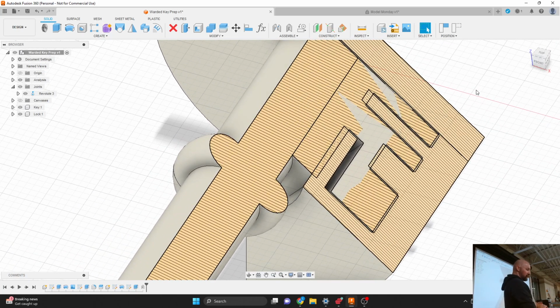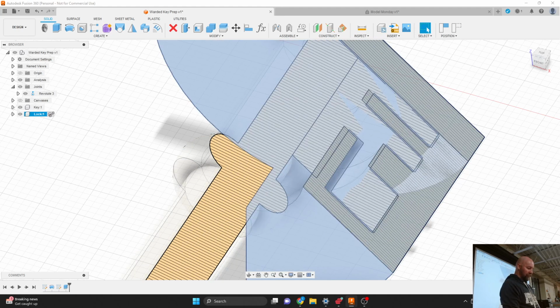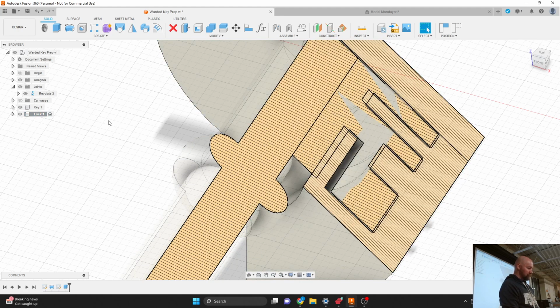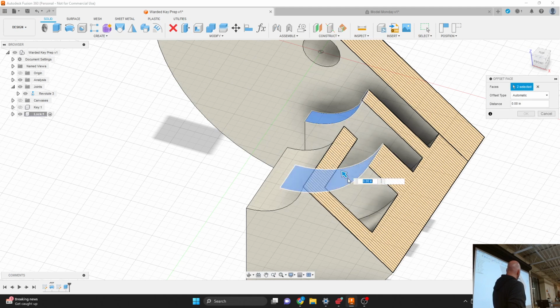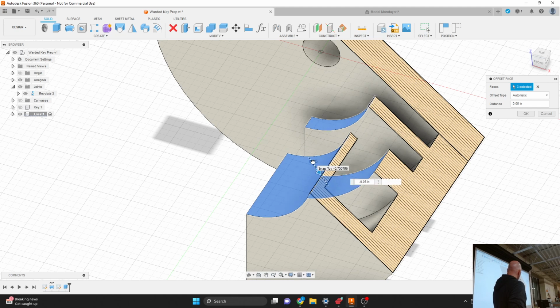is with the press pull tool. So I'm going to make my lock my active component one more time. I'm going to turn off the visibility on my key for now. And I'm just going to systematically take my press pull tool from my modify menu, and I'm going to pick the items that need to be pressed or pulled inward or outward there. And I'll start with 0.05,